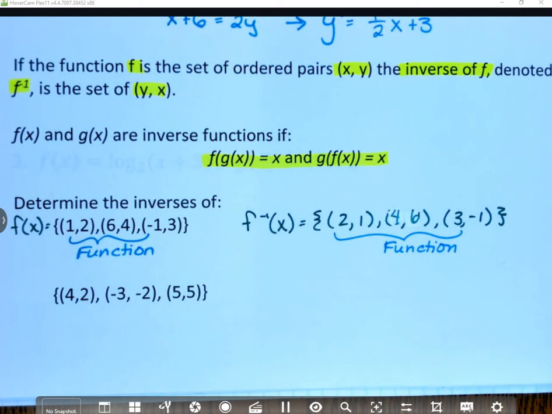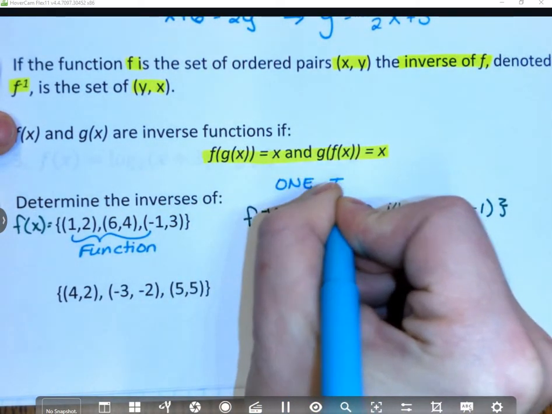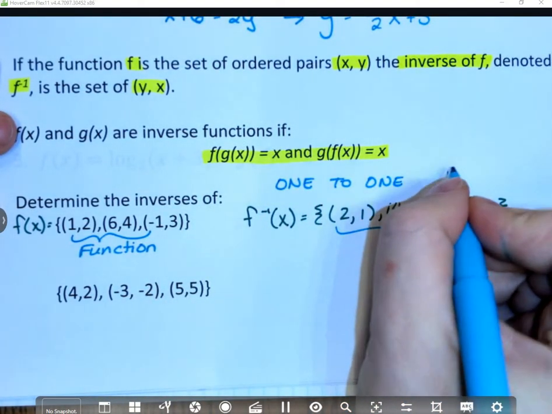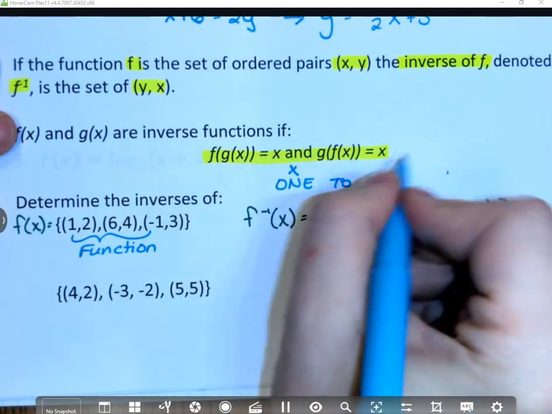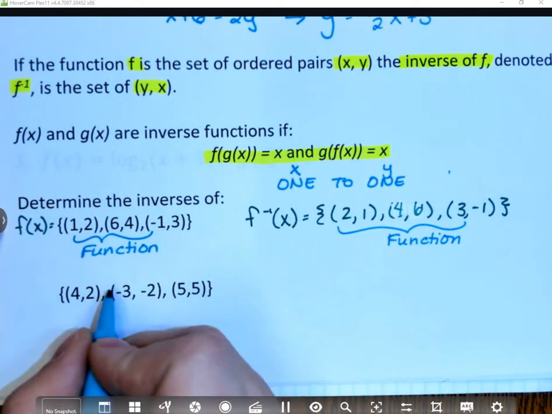And basically, if you can do an inverse, this is something that's called 1 to 1. And that means 1 x, 1 y. Each x has only one y. Each y only has one x. That's how you know something has an inverse. You can do that. So if this is my function,